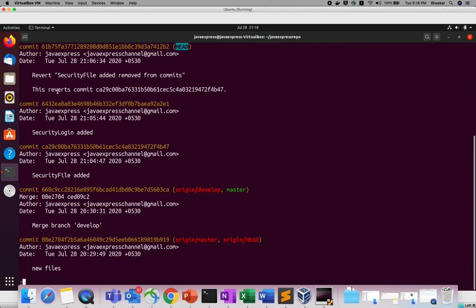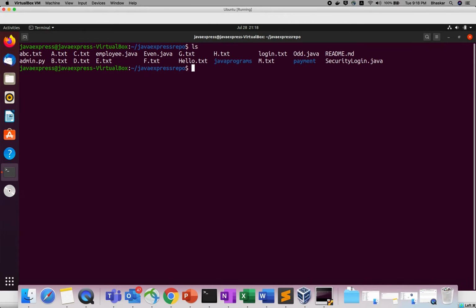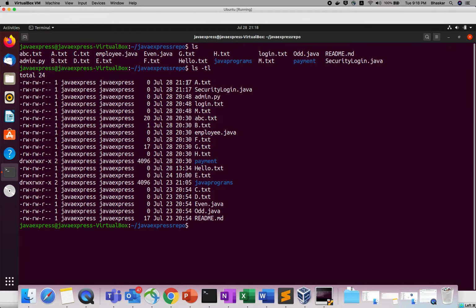Why is this your HEAD? Because you are not able to see LoginAuth. If you use the ls command, you can't see it here. If you use ls -tl, see, this file was created very long back, you can't see LoginAuth.java.